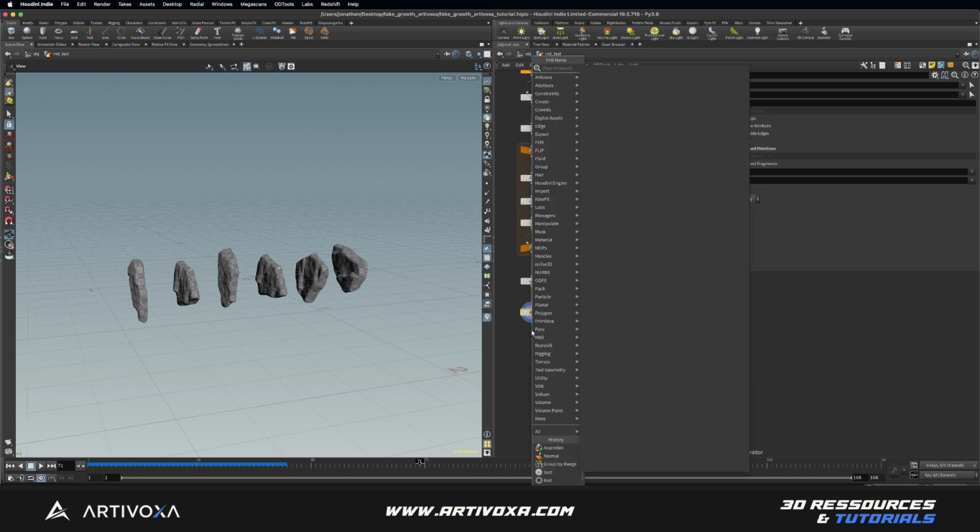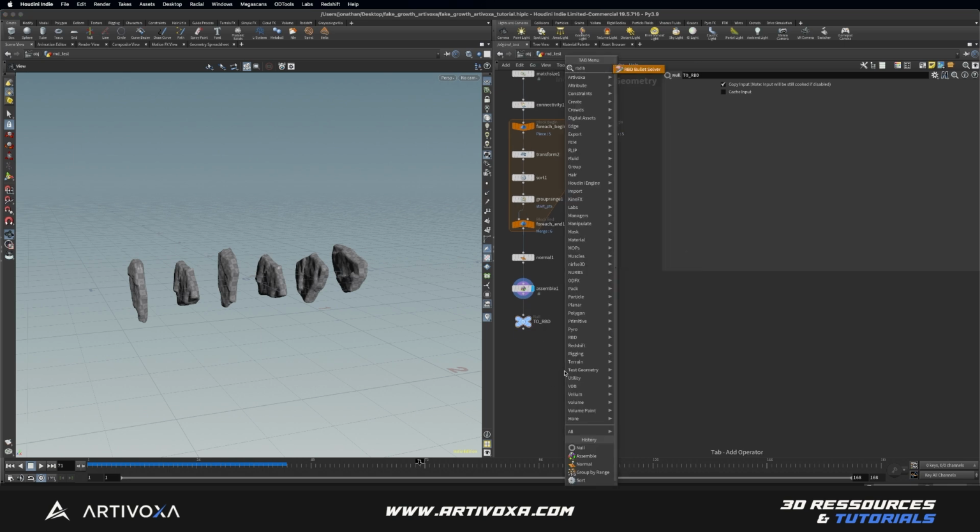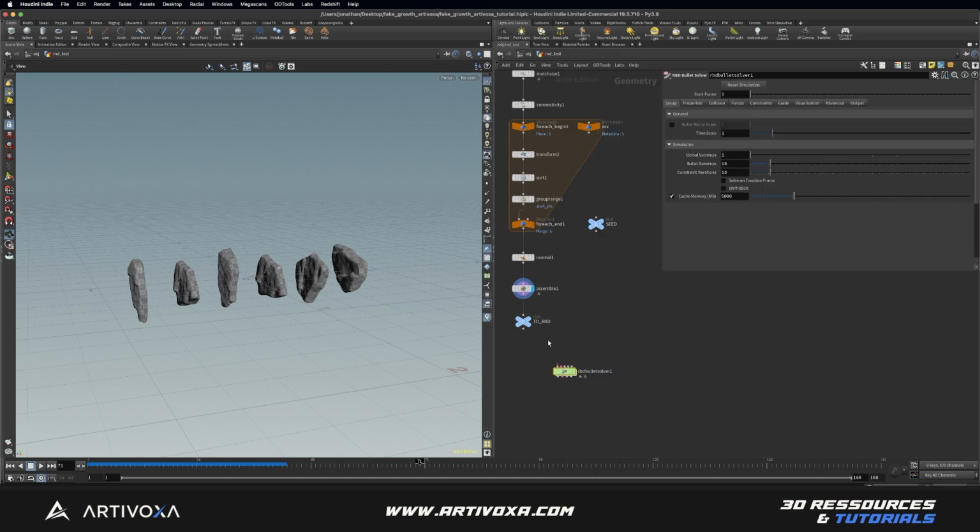So now let's add a null object to specify this is the base for our RBD simulation. So let's rename it something like 2RBD. And now you can add RBD bullet solver. So we will make a very basic RBD simulation just into the SOPs to get just a little bit of movement